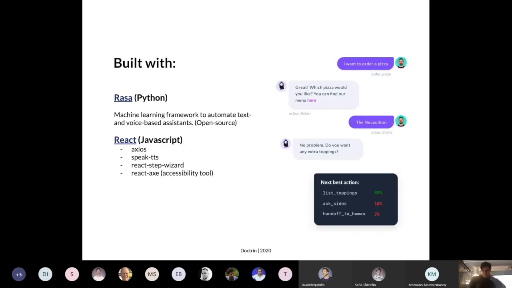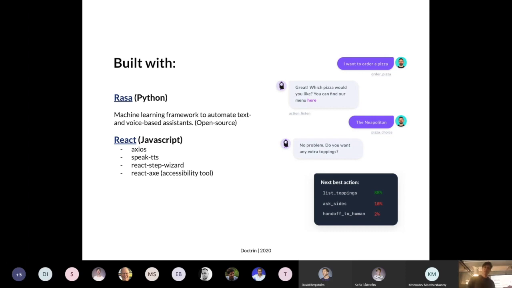It has been built with RASA, which is a Python machine learning framework to automate text and voice-based assistants. The good thing here is that it's open source, so we own our own data. It supports multiple languages. It's HIPAA compliant, I don't know exactly, but it's secure and it can be used in healthcare.